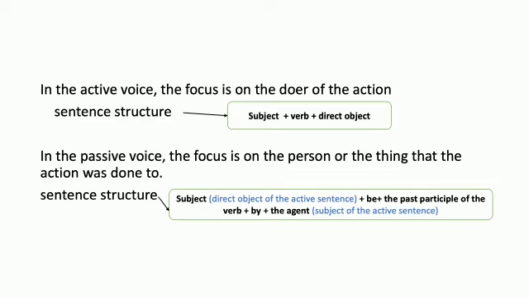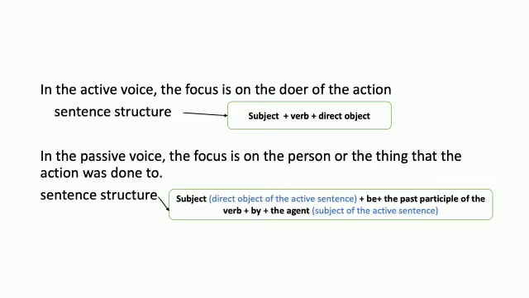In the passive voice, the subject, which is the direct object of the active sentence, becomes the focus of this sentence. So the formula of the sentence is: subject, which was the direct object of the active sentence,